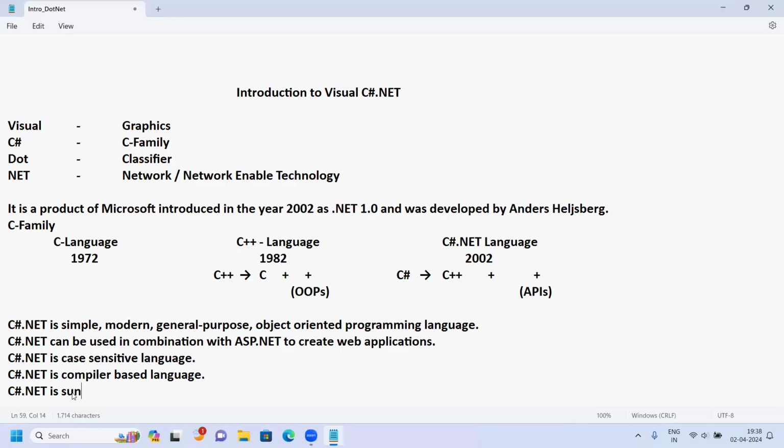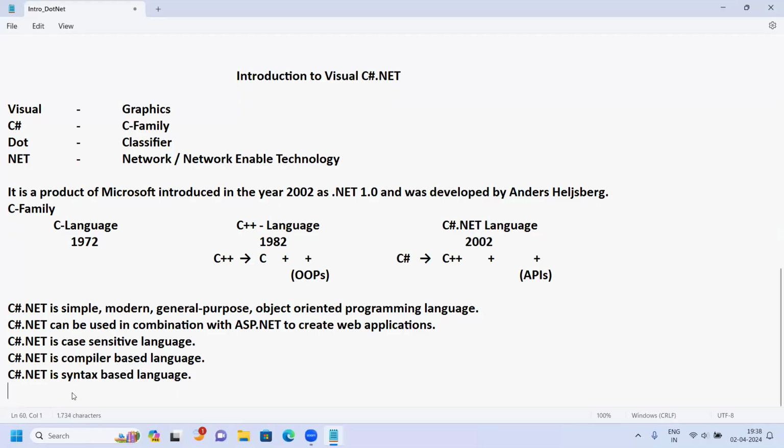C#.NET is a syntax-based language. Okay, syntax-based language, compiler-based language, case-sensitive language. These are general points connecting with C#. And something very interesting is